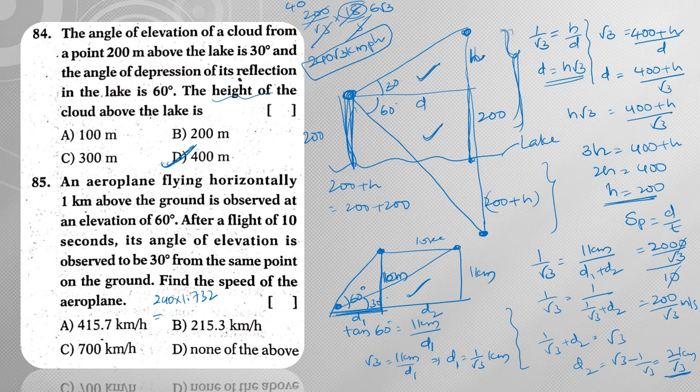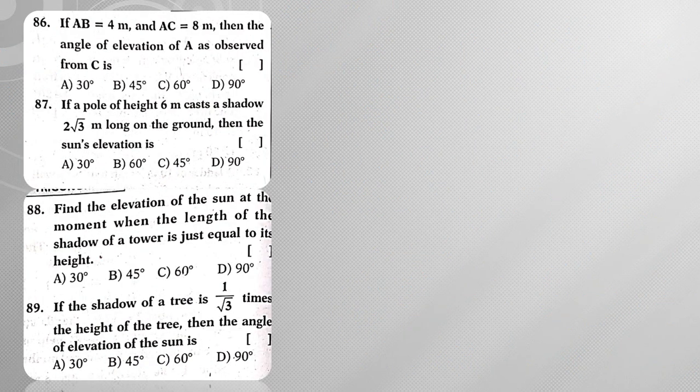So when I do multiplication, this is 240 and this is 1.732. Multiplying with 4, 4 2s are 8, 4 3s are 12, 7 4s 28, 29, 2 is carried. 4 1s 4, 6. Next with the 2 table, 2 2s are 4, 2 3s are 6, 2 7s are 14, so 2 1s are 2 plus 1 is 3. Now adding, we get 415.68. So clearly option A is my answer, right? So the answer is 415.7.